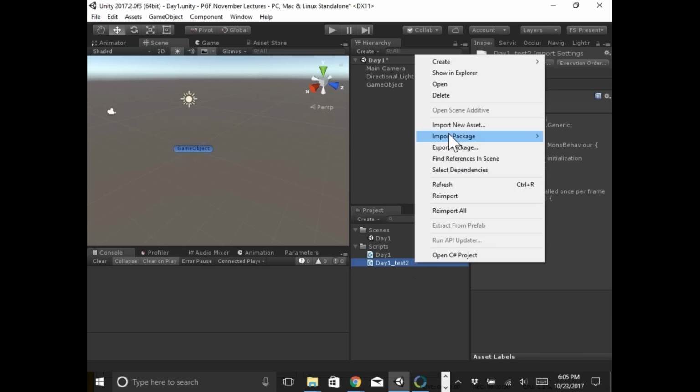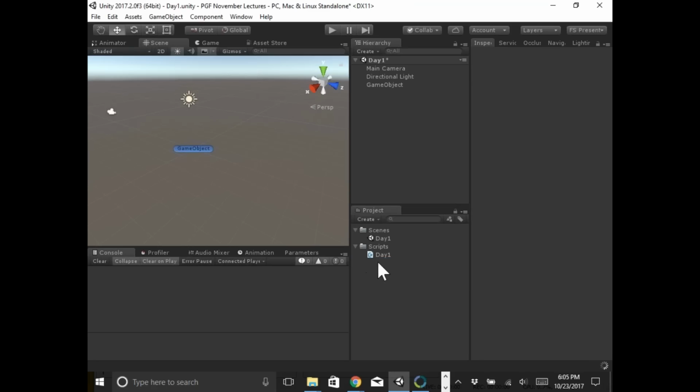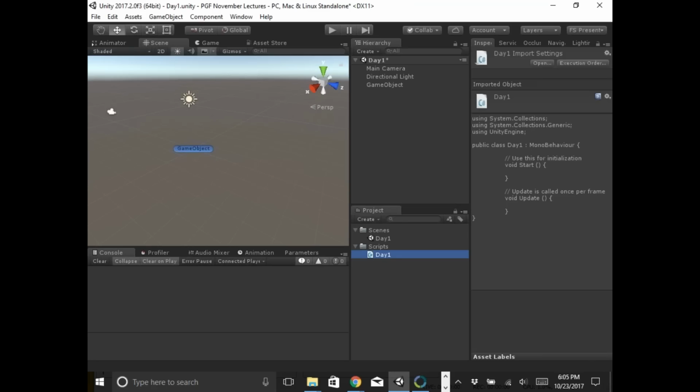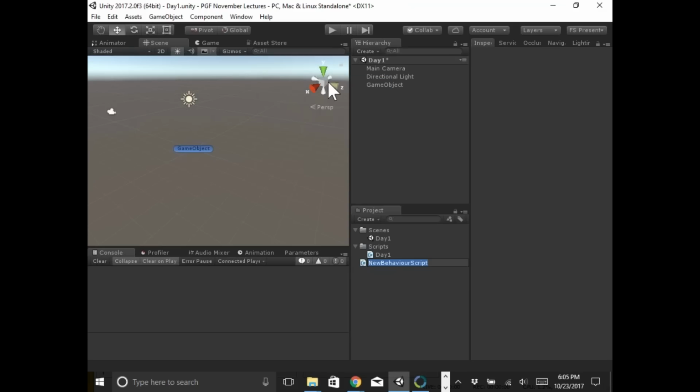I don't care about it. So I can right click and go to delete, confirm the delete, and it's gone. Now, this leads to a larger discussion on scripts. So as we're constructing these things, you can definitely come in here and try to create scripts and say